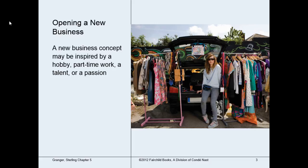in the startup phase. Also, a new business concept can be inspired by a hobby, a part-time job, a talent, or a passion. A concept can also come from an observation that you made of a market need out there. It can come from a new invention, or if you have technical expertise. Opening a new business is a financially risky venture and requires a lot of work in the planning and